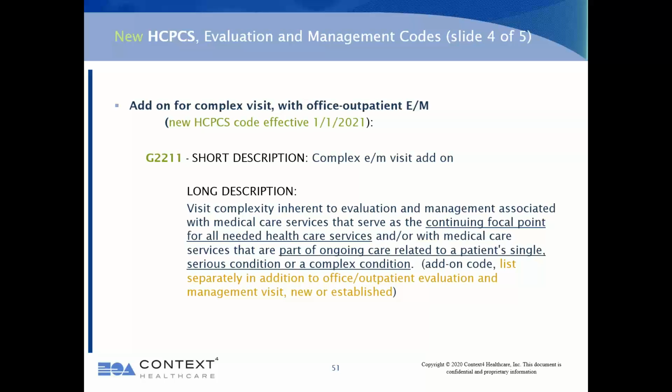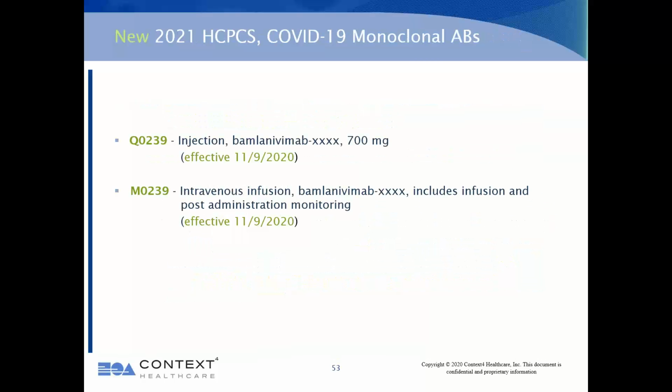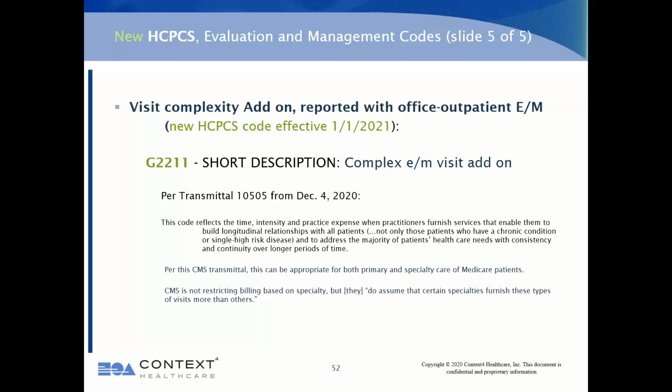And second, from the yellow caption, this code can potentially be used with any of the 2021 revised office outpatient E&M codes, 99202 through 99215. Regarding this new HCPCS code G2211, I here include a related caption from CMS Transmittal 10505, released December 4th. From this CMS transmittal, reporting of this code will not be restricted based on specialty. It intends to reflect the time, intensity, and practice expense associated with providing services that result in care that is